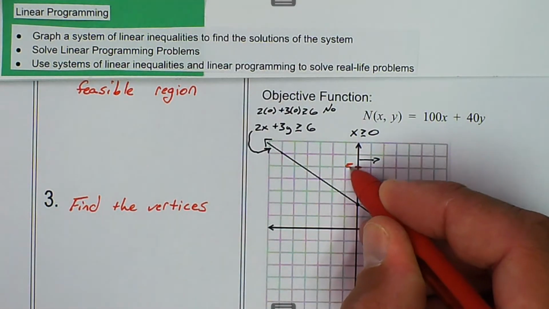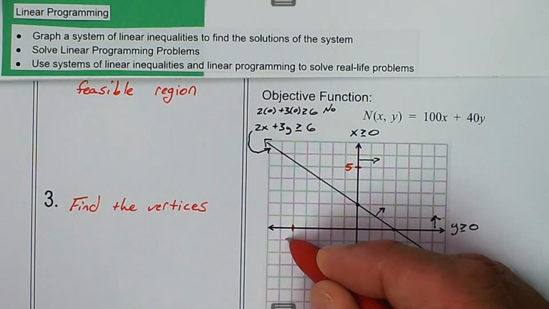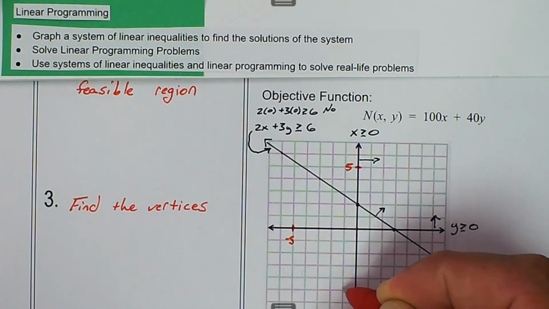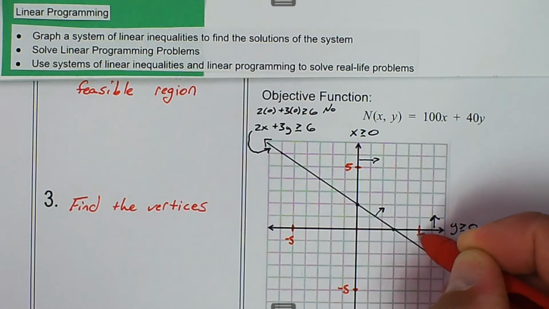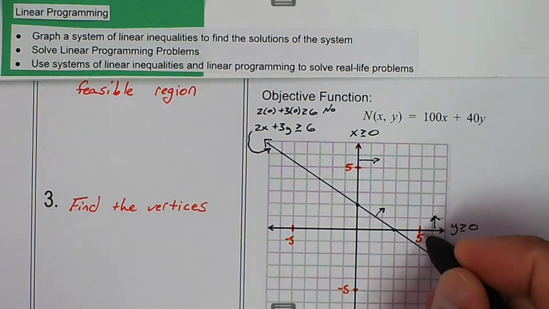So here we have 5, here we have negative 5. And so for this one, if y is 0, x is 5,